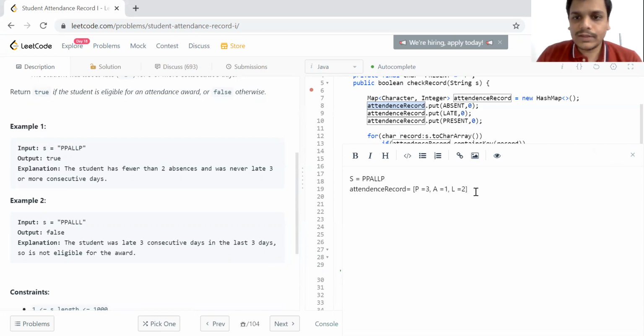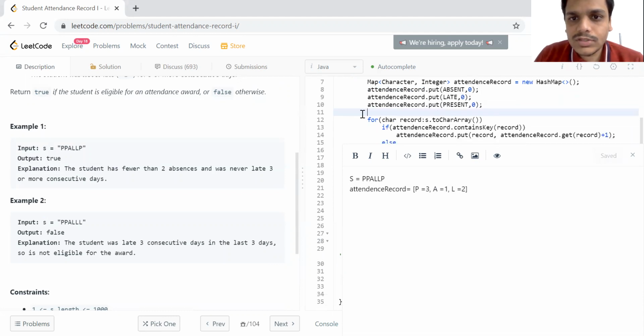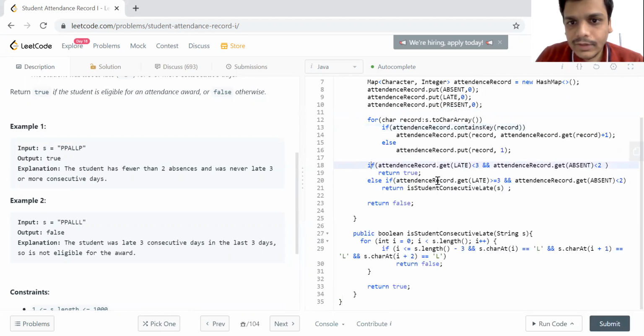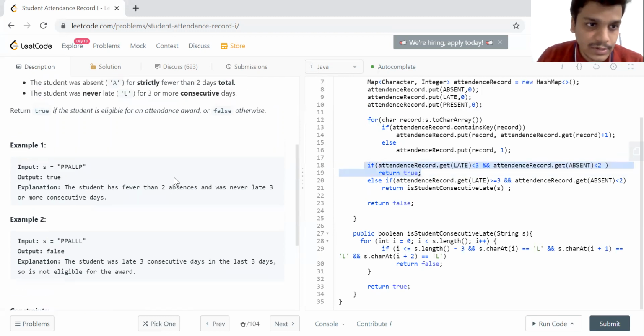So this is the map that we create, and then in the map we basically check if the late count is less than 3 and the absent count is less than 2, we return true, that yes, a student can be marked as present.